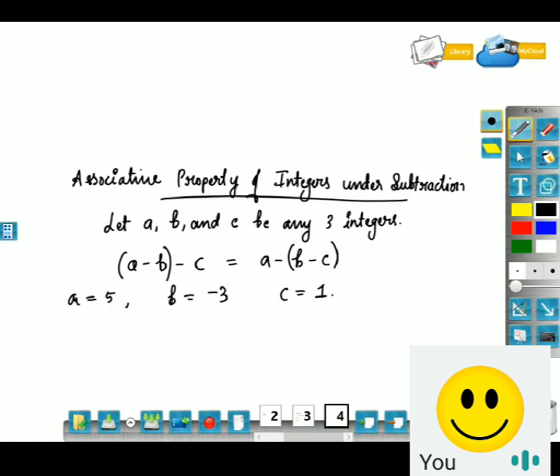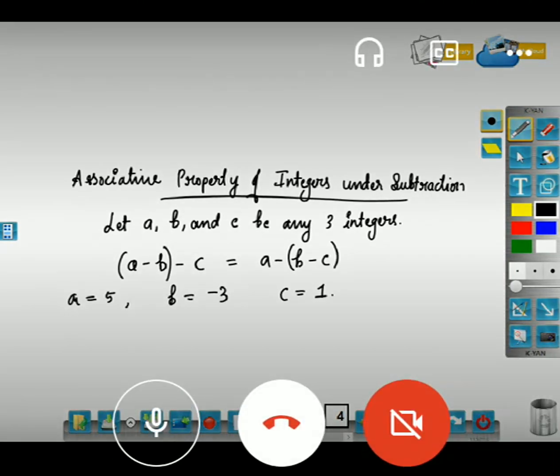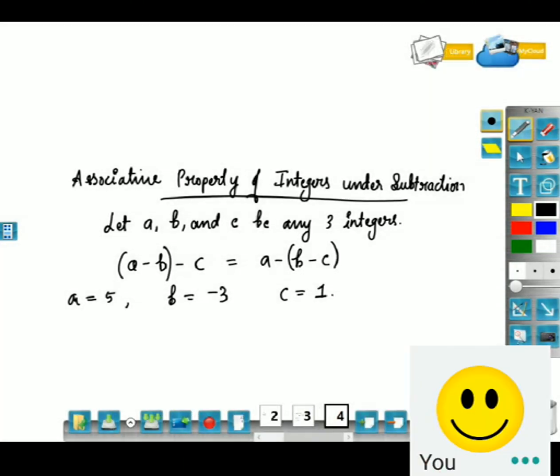Please all of you solve this. Is (A minus B) minus C equal to A minus (B minus C)? And tell me what answers you are getting in the LHS, left hand side, and right hand side of the equation. Please do that fast. Okay, some of you have commented 7 and 1, and some of you have commented 9 is equal to 9. Okay, I'm waiting for your answers. Please comment how much you are getting on left hand side and what answer you are getting on the right hand side.